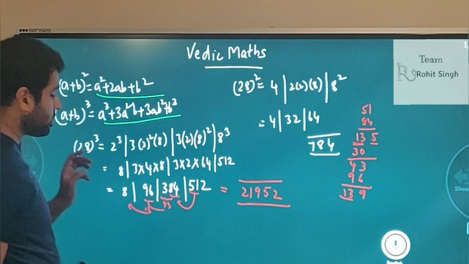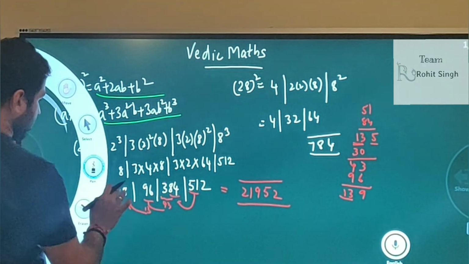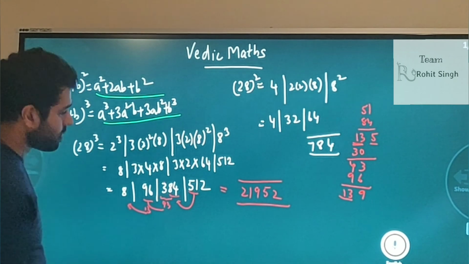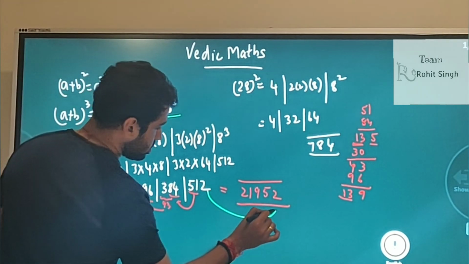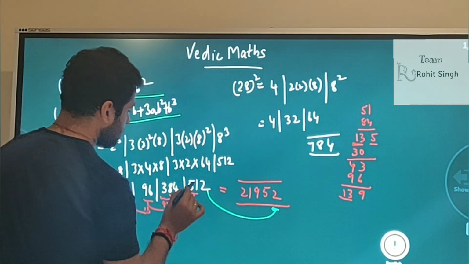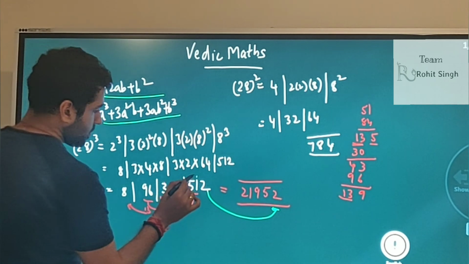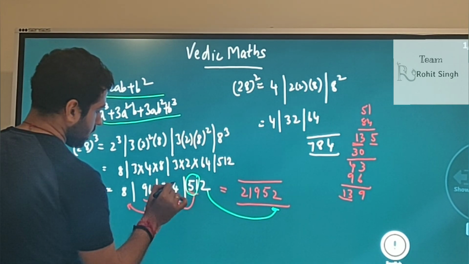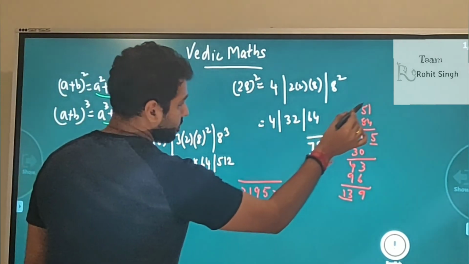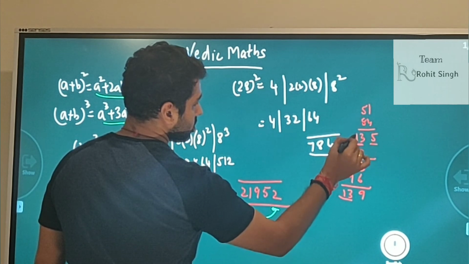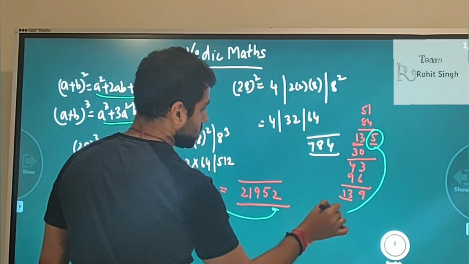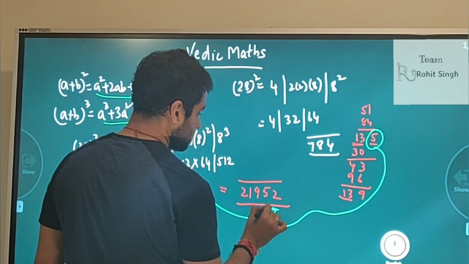So let me just explain this once again. In the first step, we have written the units place as it is. So we get 2. Next this one, we get 2. Next in the second step, this part we have added to this part. So when we added, we get 135. So this is the units place, right, over here. So this units place we have written down as it is over here.